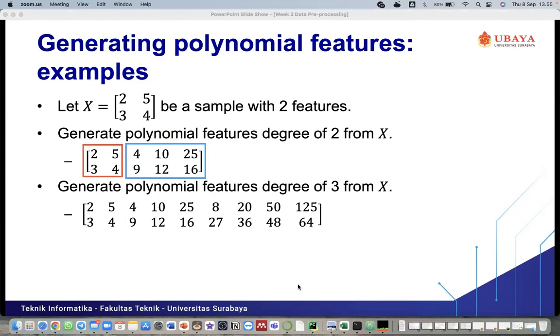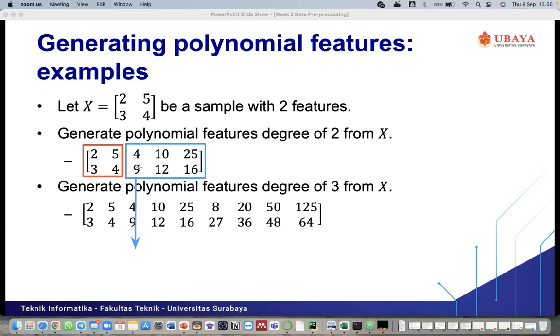So my question is, what is the pattern from these features? 4 and 9. Where do we get these values? What do you think? 4 and 9. It is the square of 2 and 3, right? 2 squared will be 4, 3 squared will be 9.